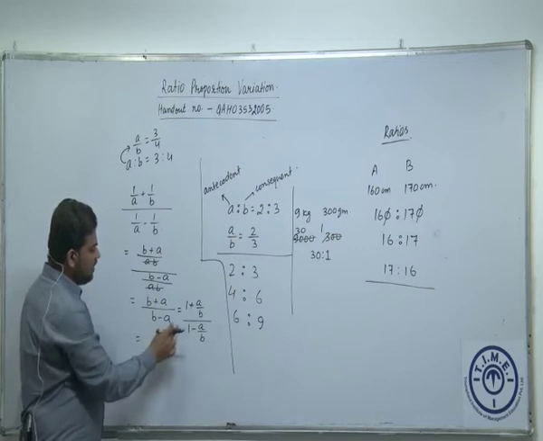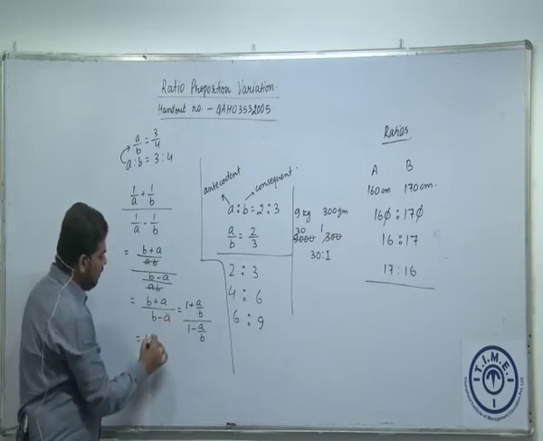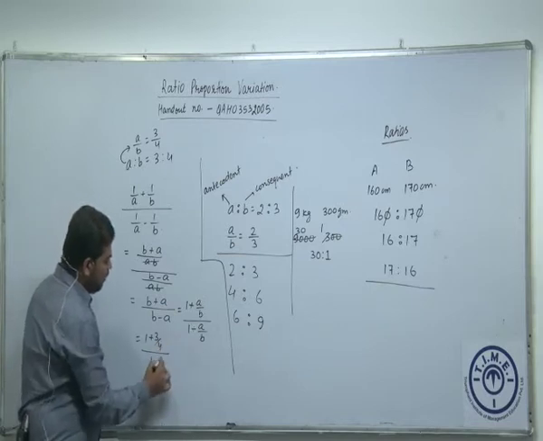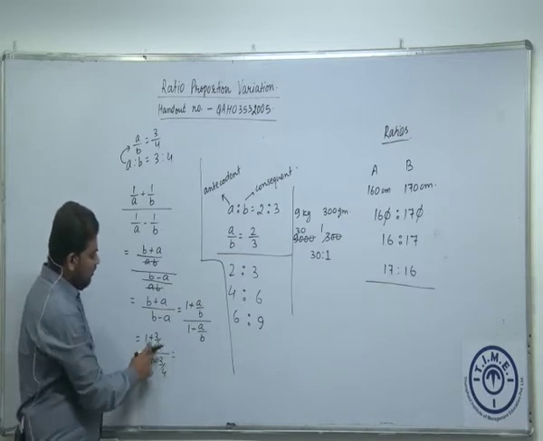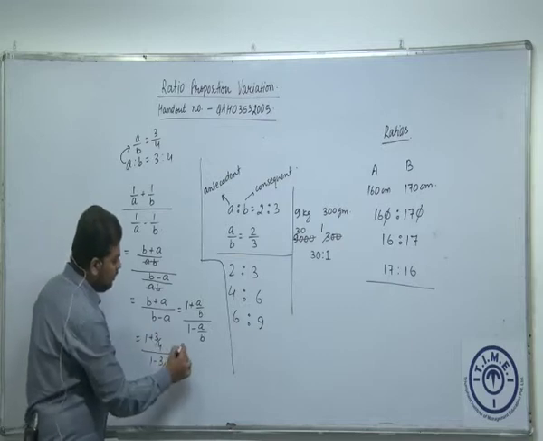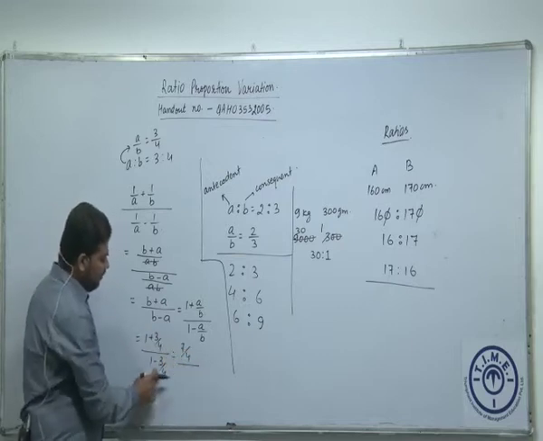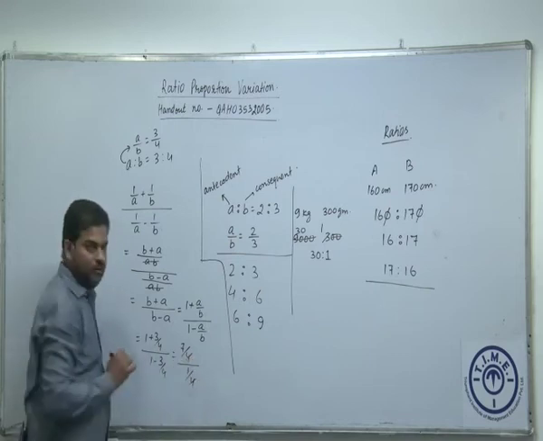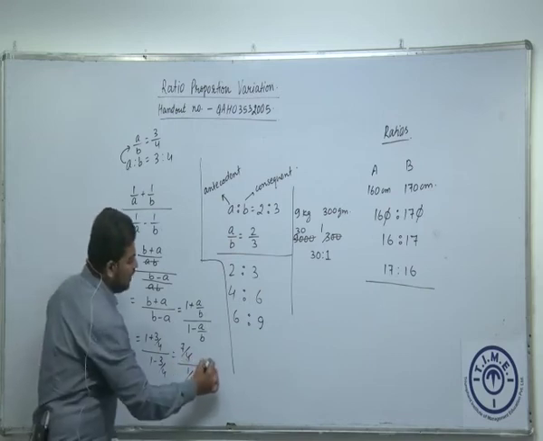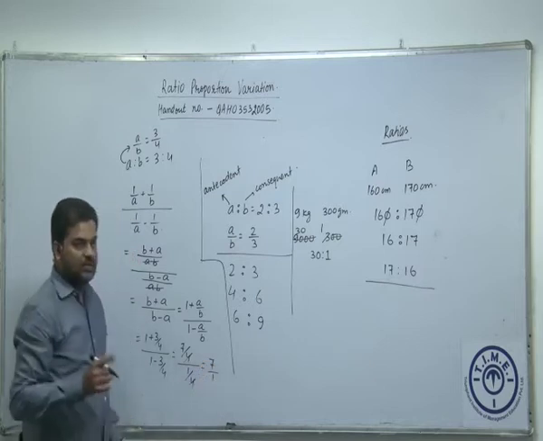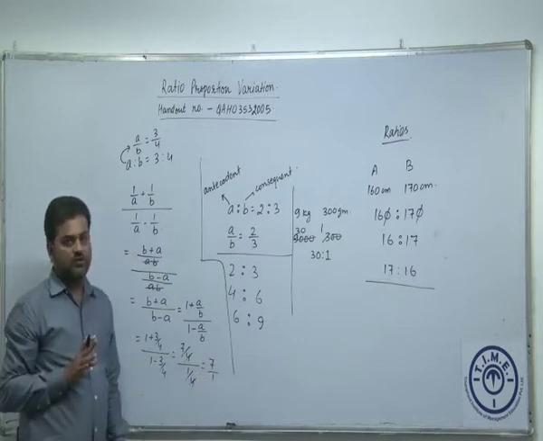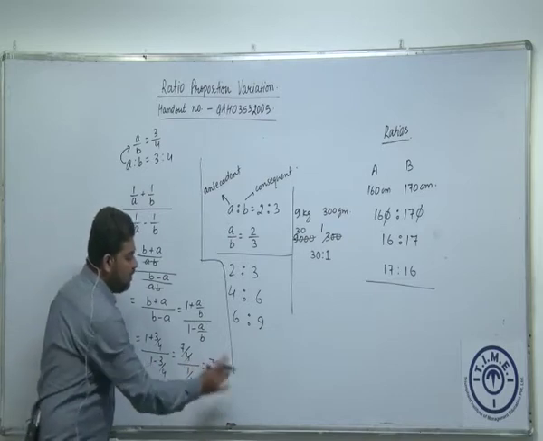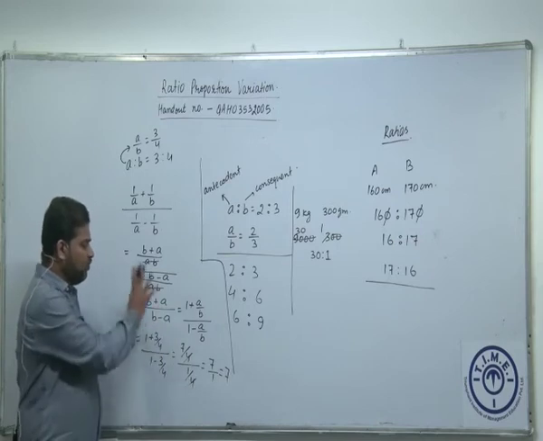So can we write this as 1 plus 3/4 divided by 1 minus 3/4. So what do we get? 4 plus 3, 7/4 divided by 4 minus 3, 1/4. Can we cancel out 4 with 4? Yes. And therefore we get 7/1. In the answer option you will see that option number 3 is 7. Right? So we have got the answer as 7/1, which is nothing but 7. Okay. This is one way of doing the question.